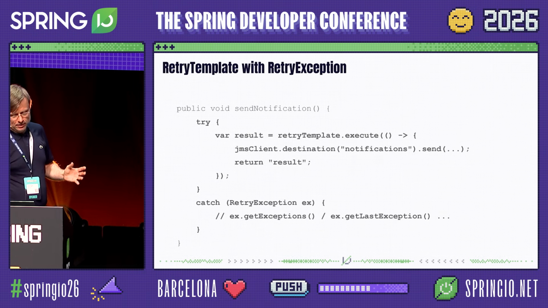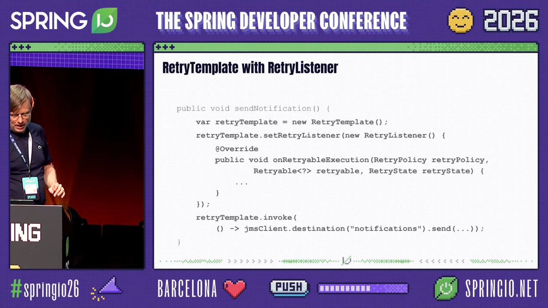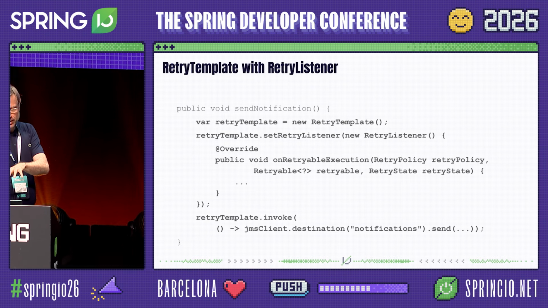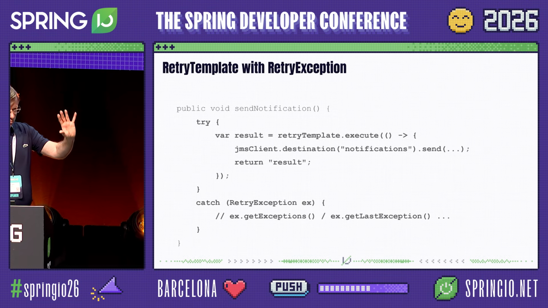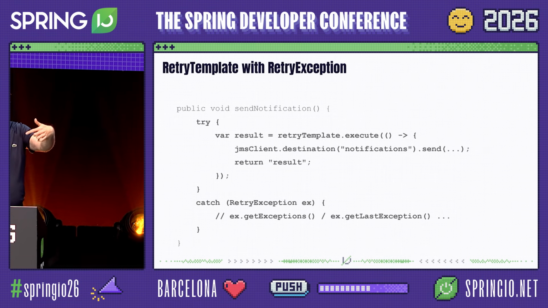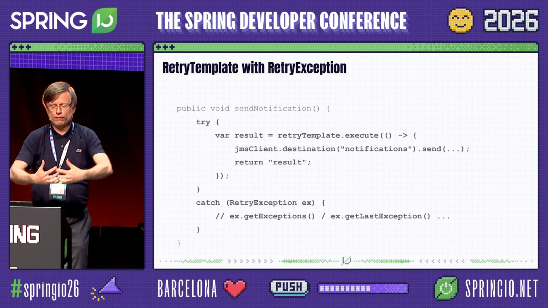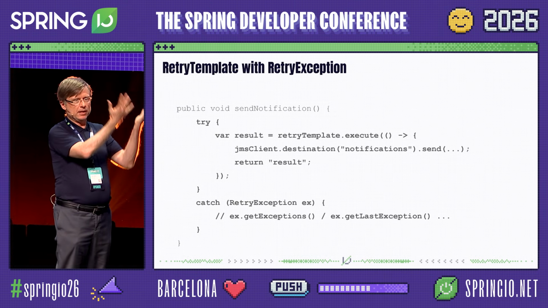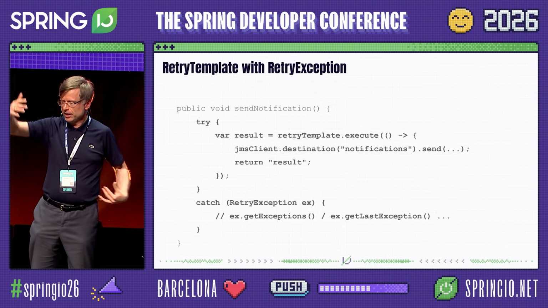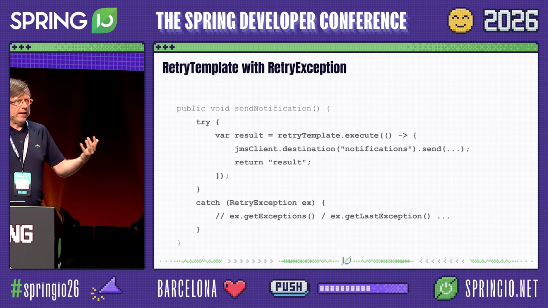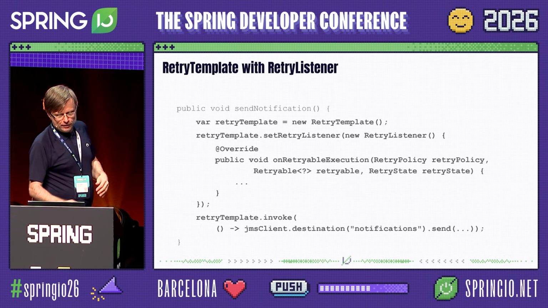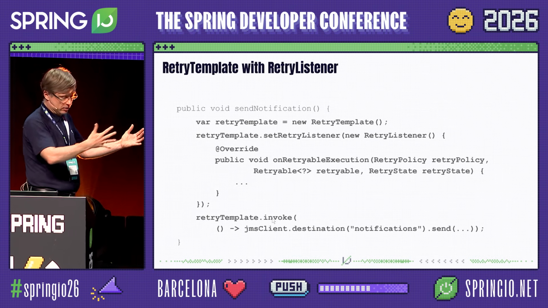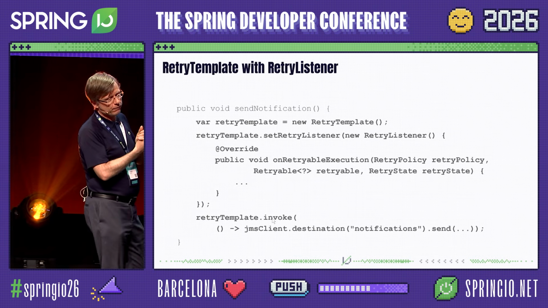The alternative, sort of, kind of an alternative, right, is to specify a retry listener. So what's the idea here? In the traditional case, you basically let it all happen, and then you wait for the final state of affairs. You get the retry exception exposing all of the state of the outcome of the entire retry procedure, and then you act. The alternative is to keep using the invoke method down here, the one that propagates the last original exception, if it happened that way,